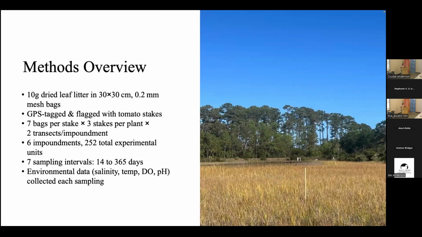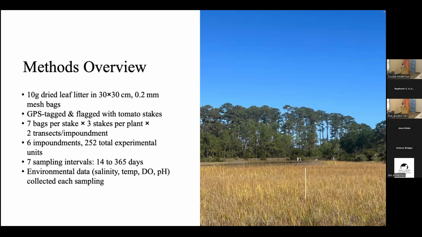So my methods and how I approach these, I basically went out and collected leaf litter samples. Over time, I dried them and then created mesh bags measuring 30 by 30 centimeters, and I weighed 10 grams per species for each litter bag. I followed the plant survey transect to mark those